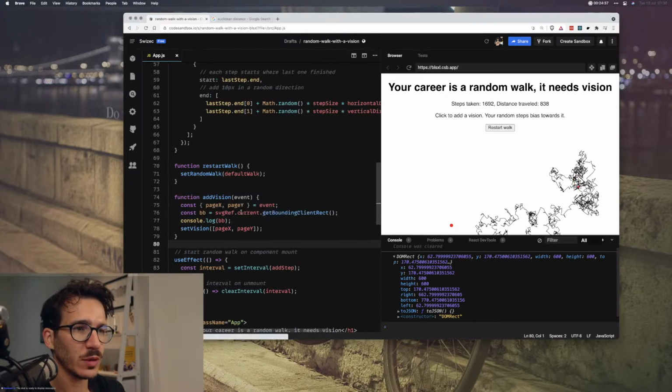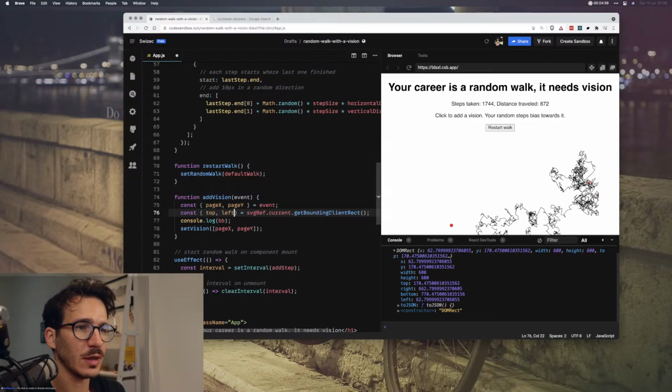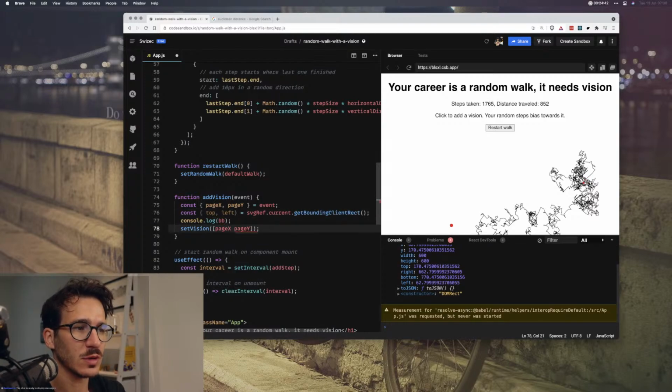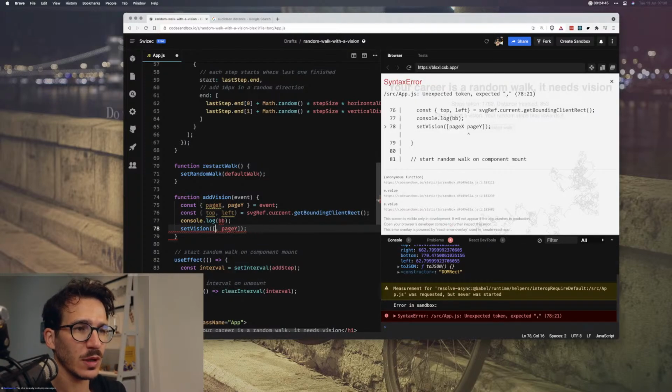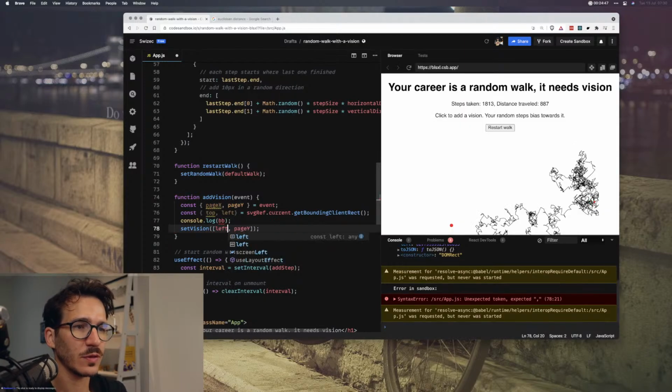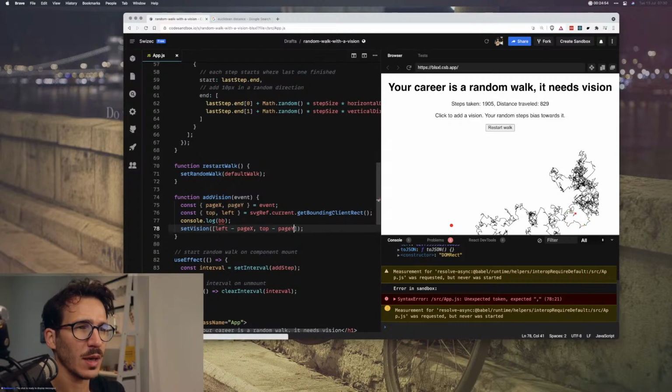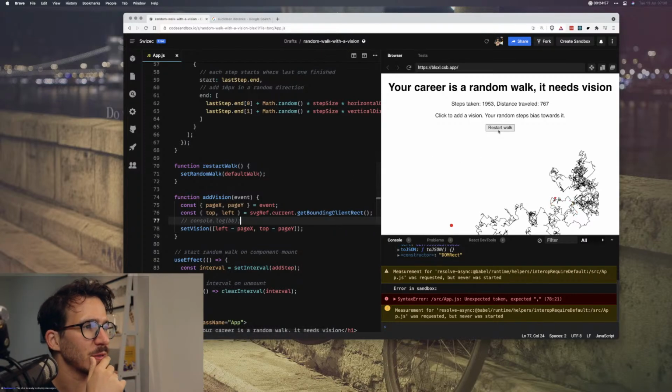So what we are going to need is top and left. So for x, we say we have left minus pageX, and here we're gonna have top minus pageY. And I think that'll set it up correctly. Let's see.